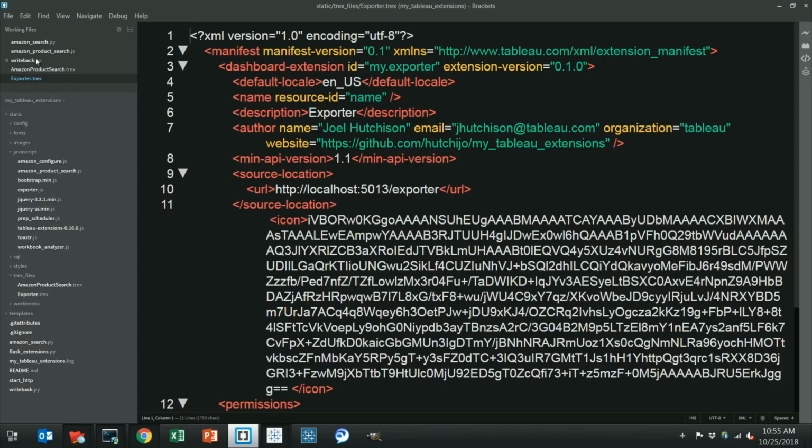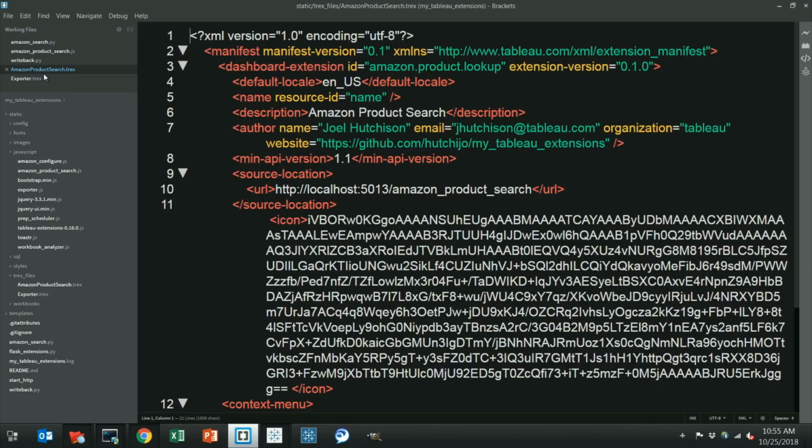So you'll notice the first thing we're going to look at here is a Trex file. When we said we wanted to select our extension, we had to point to that extension. And what we were pointing to is really just a Trex file. And that Trex file could live locally. You saw when we clicked the extensions gallery, it actually prompted us to download a Trex file locally. So you would be downloading them and then accessing the